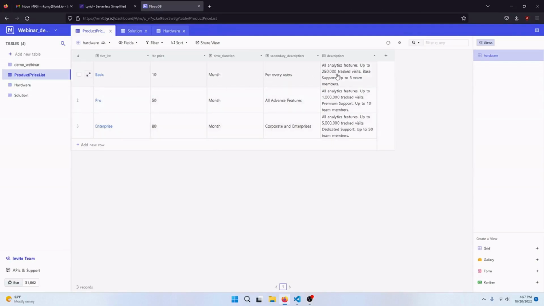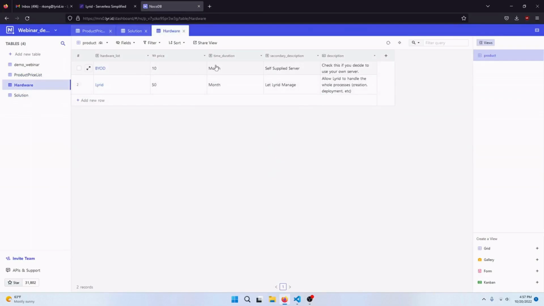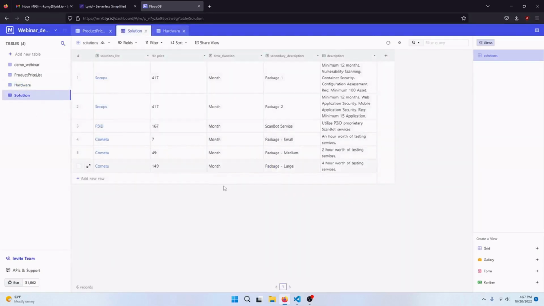Now, this table is currently finished, populated with the correct columns of data types. Duplicate these columns onto the rest of the tables and then populate them with the data shown on the screen. If you do want to populate with your own information, feel free to do so. For a brief reference for setting up the tables and each column's data type, starting from left to right: